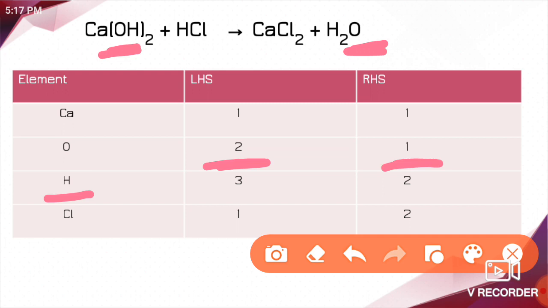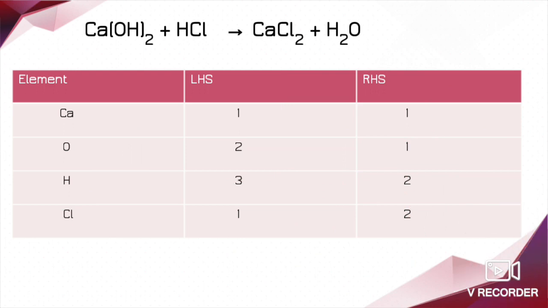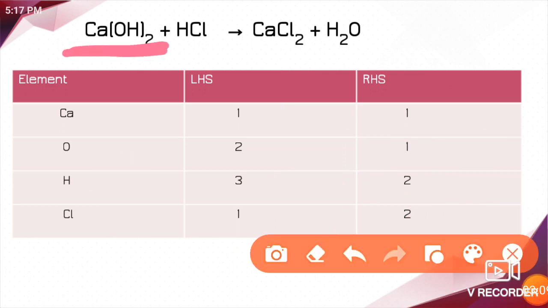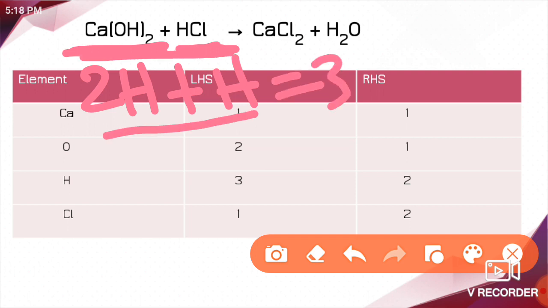In the reactant side, as I already told you, this 2 is distributed for oxygen also, hydrogen also. Then, in the reactant side, how many hydrogen atoms are present? First, in this formula, 2 hydrogen atoms are present. And hydrogen is present in one more chemical formula. Here also present, right? So, how many hydrogen atoms are present in this formula? 1 hydrogen atom. Totally, how many hydrogen atoms will it become? 3. So, in the reactant side, 3 hydrogen atoms are present.